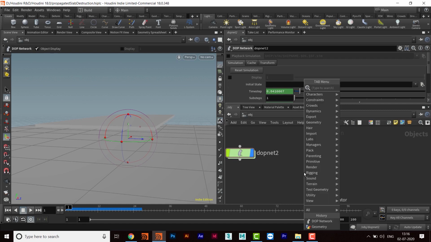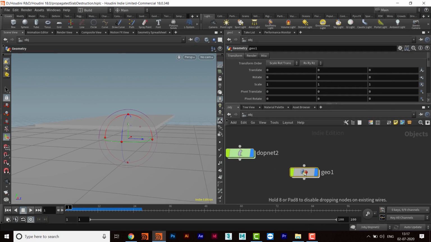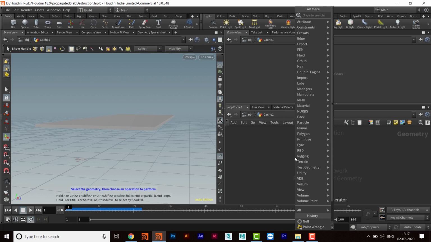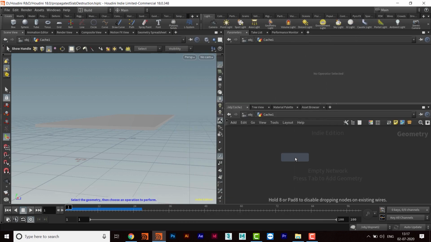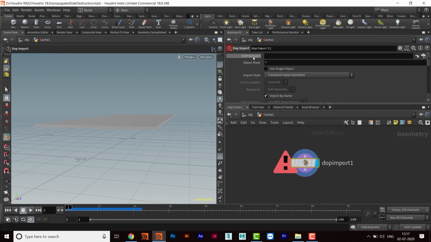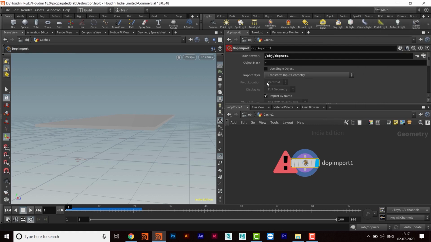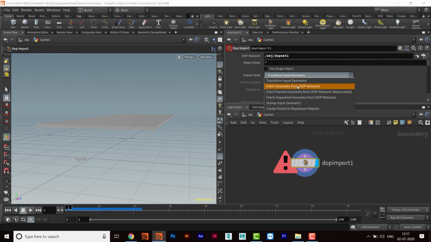Along with that, I will take a geo node. So geo is there, and then I take it as a cache. Sorry, and then import DOP. For that we will take DOP Import, and then we'll call here the DOP network. That is dopnet. Okay, and then I'll click here, import style, that will be fetch geometry from DOP network.